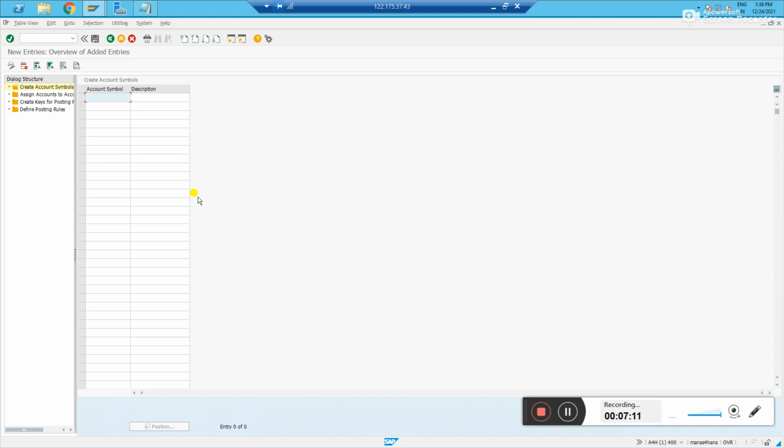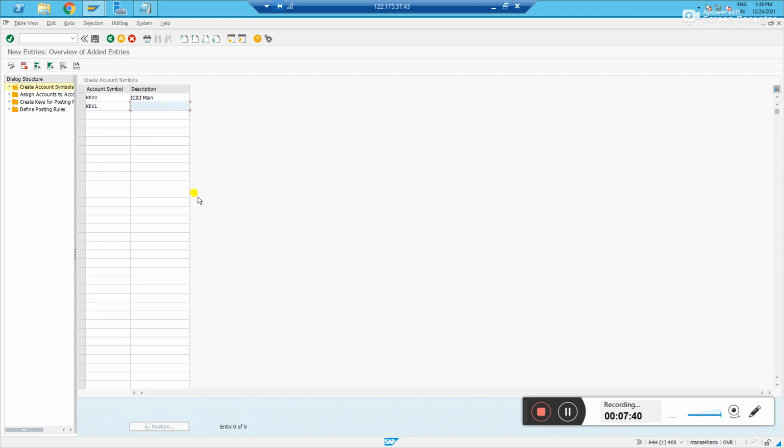Here we need to create the account symbols. Normally in organizations we have three accounts: the main bank GL account, the bank outgoing payments account, and the bank incoming payments account. It means we need to create three account symbols. KP00, I'll name it ICICI main.